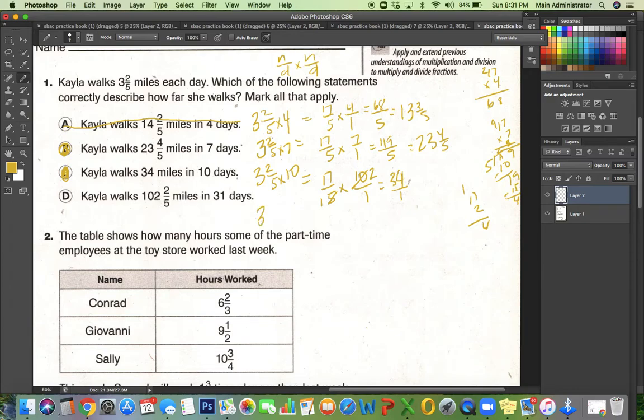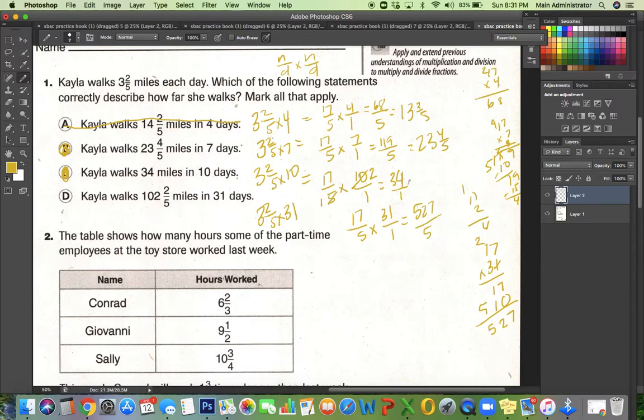Let's take 3 2/5 and multiply it by 31 days. I've got 17 over 5 times 31 over 1. Oof, 17 times 31. Multiply this out. 7, 1, 0 is a placeholder. 3 times 7 is 21. 3 times 1 is 3, 4, 5. 527